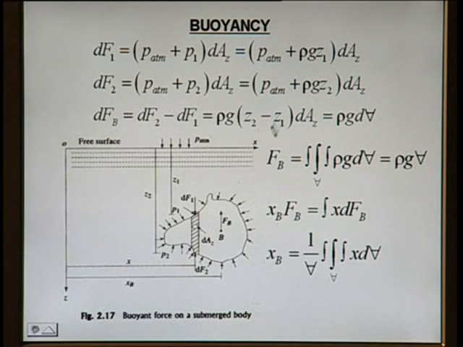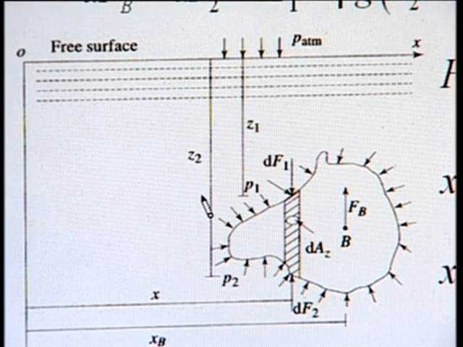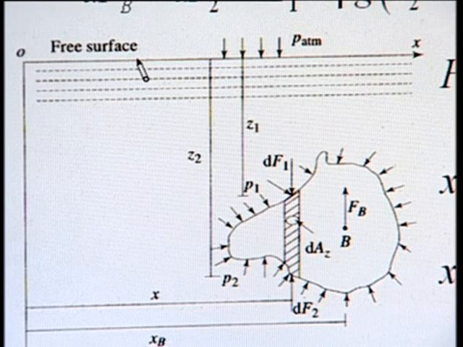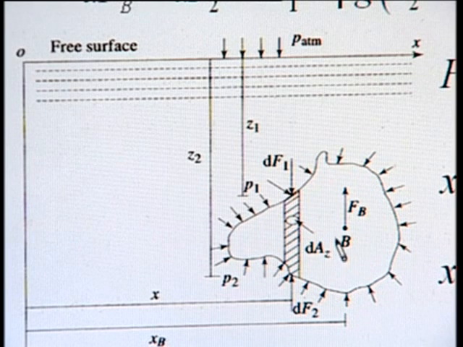To understand it further, let us observe this picture in which we have a liquid filled up to this height, and this is known as a free surface. Free surface is a surface on which we have atmospheric pressure, and we know that liquids form a free surface. In this direction we have the x coordinate, in this direction the z coordinate, and this is any arbitrary two-dimensional body, or the projection of a three-dimensional body, which is fully submerged in this